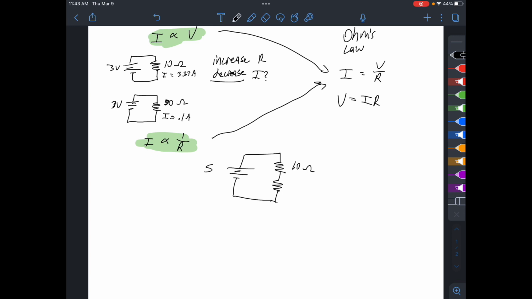We have 5 volts on our battery, and then I don't know anything about this bottom resistor. Okay, so I can kind of set up almost a table of voltage of the battery, R1, and R2,